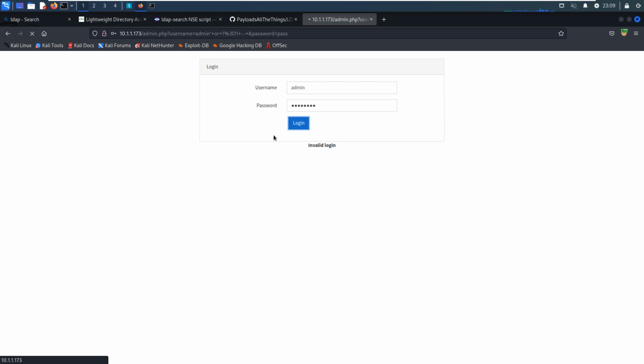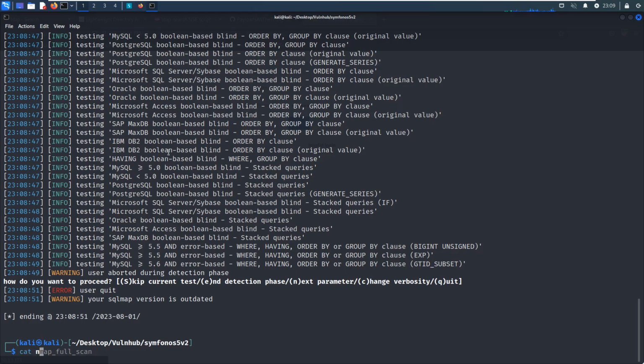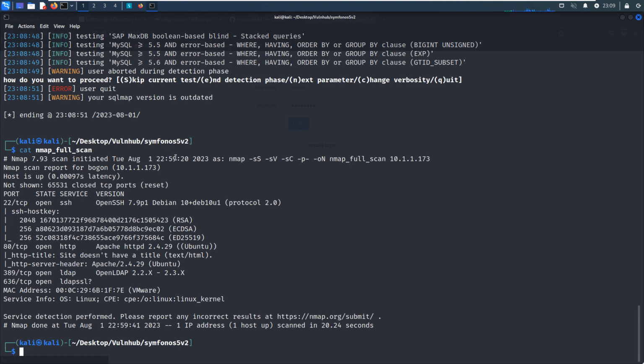Maybe it's connected to the LDAP server, because as we know from the Nmap scanning, there's some LDAP service running in the background, right? So maybe the LDAP also has a vulnerability similar to SQL injection. The LDAP has an LDAP injection vulnerability, and to test this, we can use the